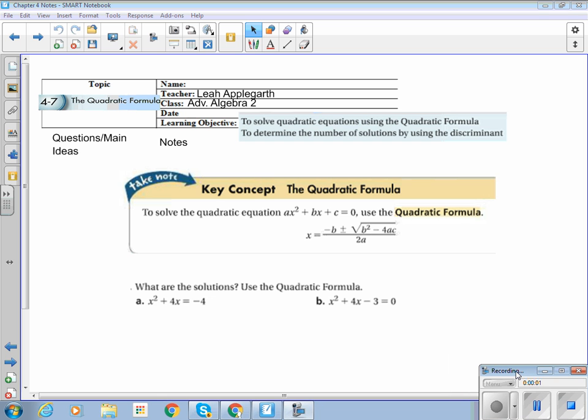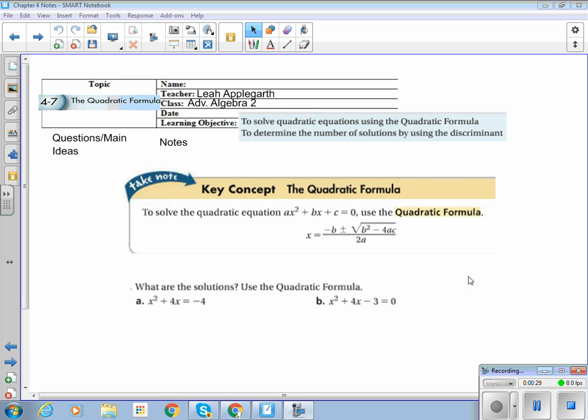All right, so this is 4-7, the quadratic formula. Our learning objective is to solve quadratic equations using the quadratic formula, and then to determine the number of solutions by using the discriminant. In case you don't remember from Algebra 1, if we have a quadratic equation that's ax